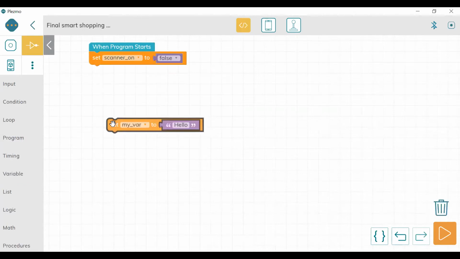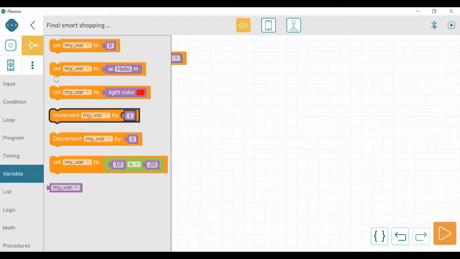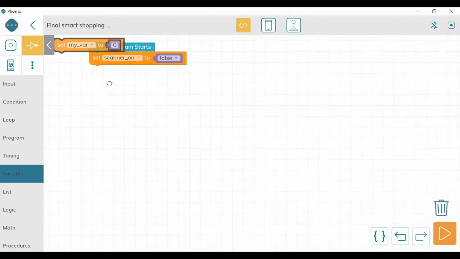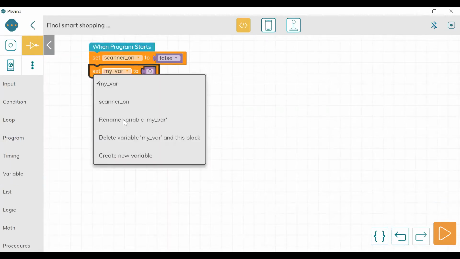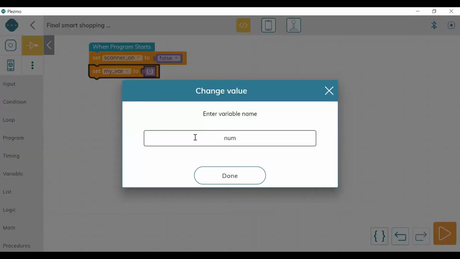Instead of taking this, we are going to take another one, that is we are going to give it a value. So here it is number of items. When we type here number of items, we have given this name.